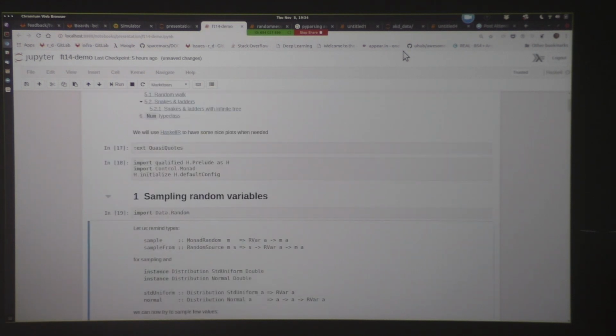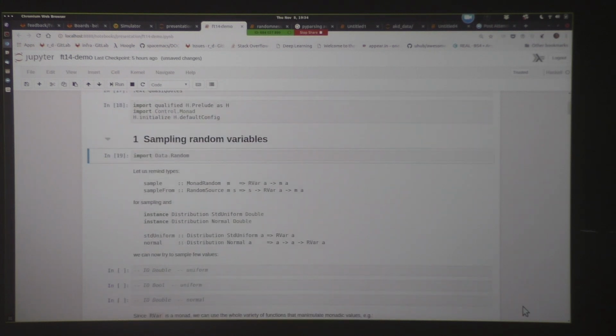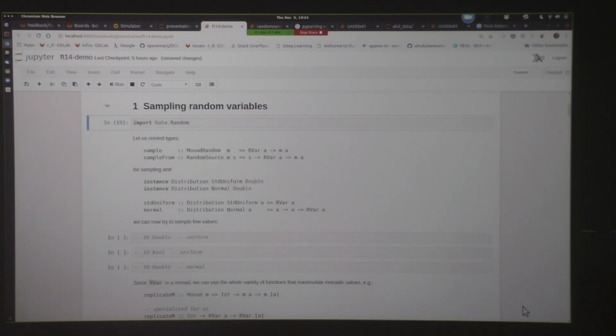So just a few imports to make everything work. So here I remind those types from the presentation. So we have these functions that allow us to sample a random variable and functions that allow us to produce random values. So let's try them.